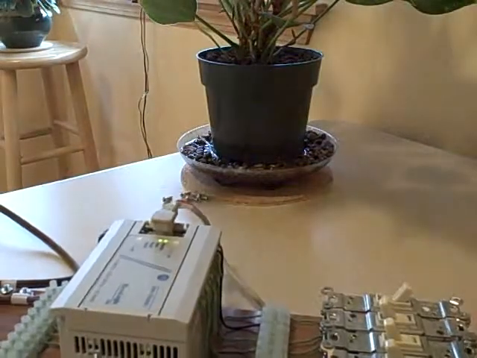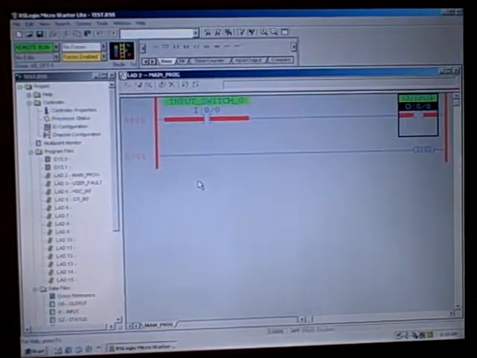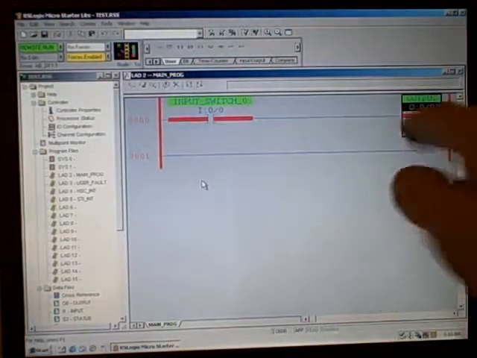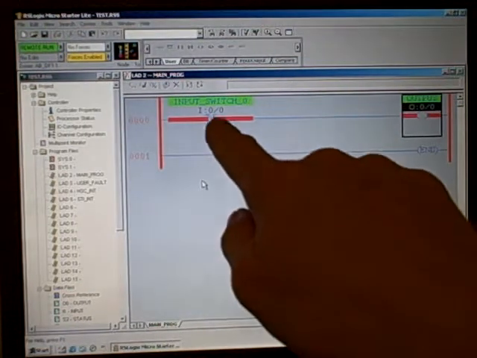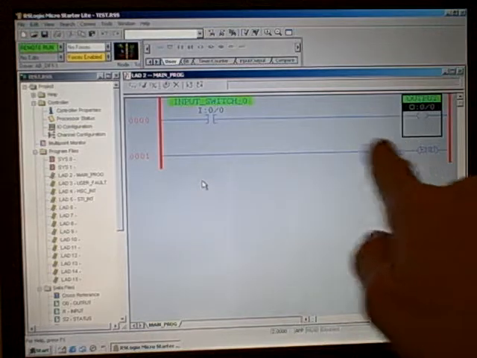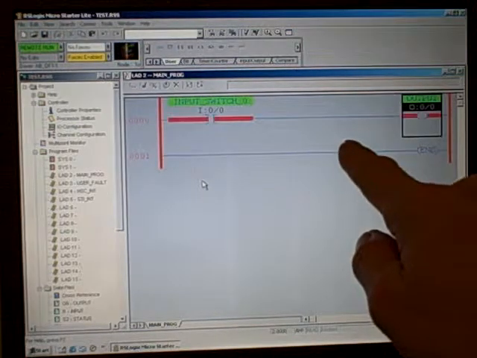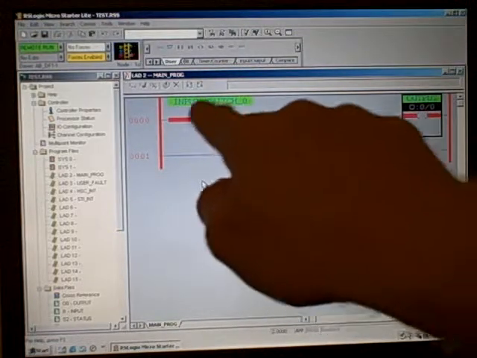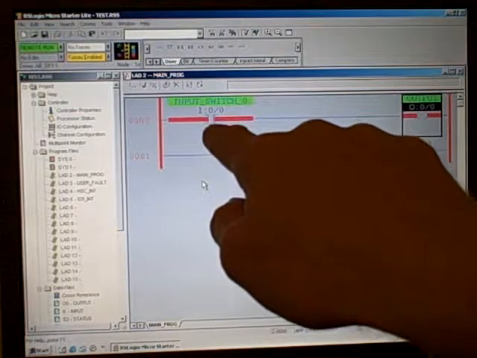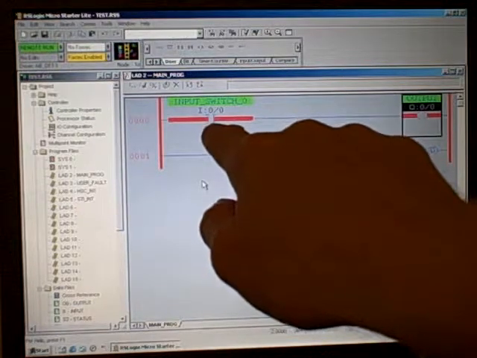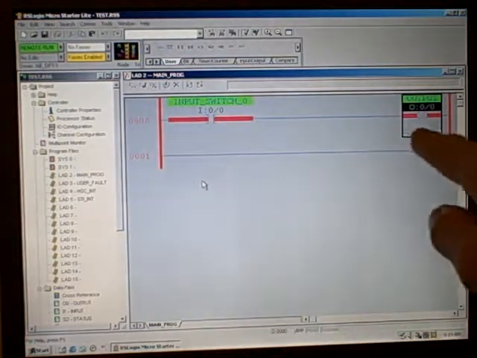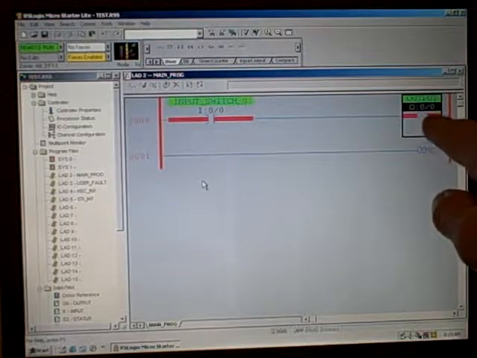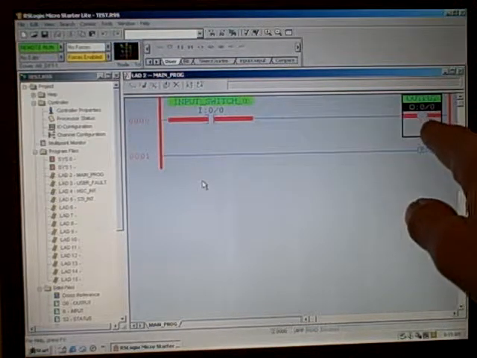If I focus back on the ladder logic editor in the online mode, it is showing me the virtual status of the contact and the coil. Turning the switch on and off, I see that the red highlighting for virtual power goes on and off right with the switch. When I energize input bit 0, it closes this virtual contact, the Examine If Closed contact we referred to before, sending virtual power to the virtual coil over here on bit 0,